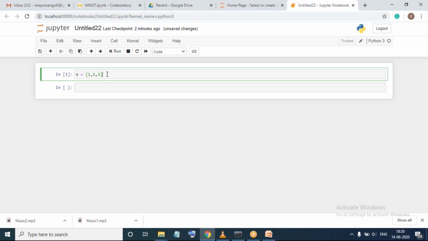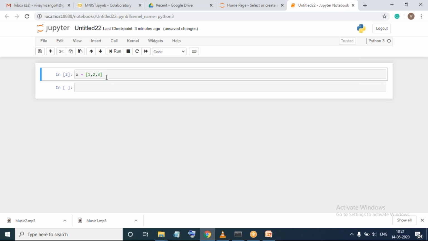Now, usually programmers have a habit of not using the cursor a lot. We would like to use the keyboard. Therefore, we have a shortcut in order to execute this cell. One shortcut is Control Enter. So I'll press Control Enter. Before pressing Control Enter, you can observe here a number 1 is printed. A number 1 shows that it has been executed once. Now I will press Control Enter. After pressing Control Enter, you can observe a number 2 has come. It means that it has been executed twice.